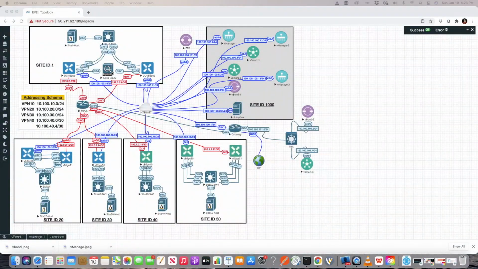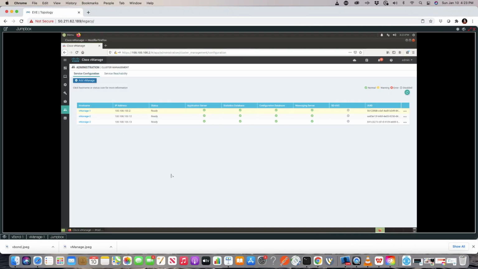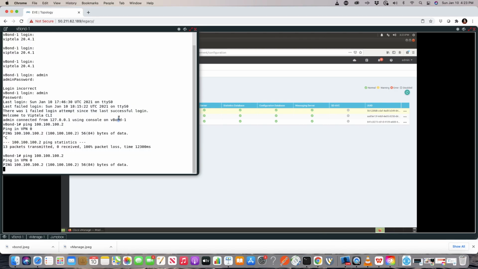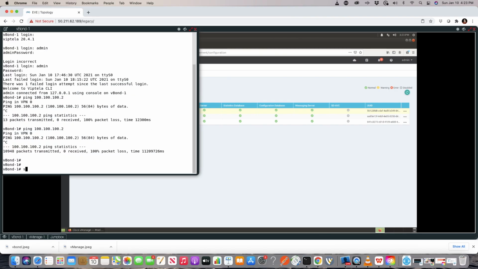And I'm going to proceed and see if we can't get this configuration up and operational by adding the devices and resources directly to the vManage. So let's go ahead and see if we can't get that to happen. And to do so, I need to get into my jump box. And from my jump box, I need to make the necessary steps to set up the root certificate. So if I go into vBond 1, and from vBond 1, I say show control,